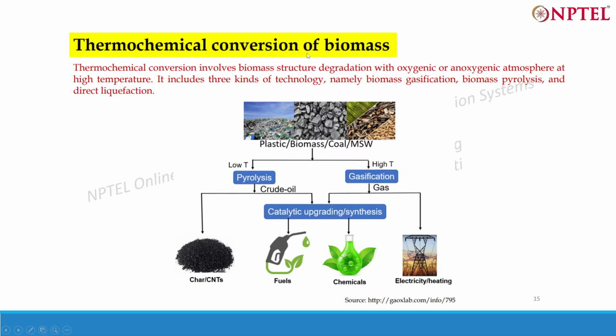Thermochemical conversion of biomass basically involves biomass structure degradation in an oxygenic or anoxygenic atmosphere. When you are saying oxygenic, then you are going for gasification and incineration, and anoxygenic is basically anaerobic, where we don't have any oxygen, at high temperature. Okay, so it includes three kinds of technology, that is gasification, pyrolysis and direct liquefaction. Okay,